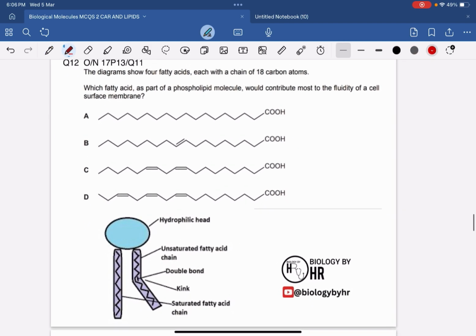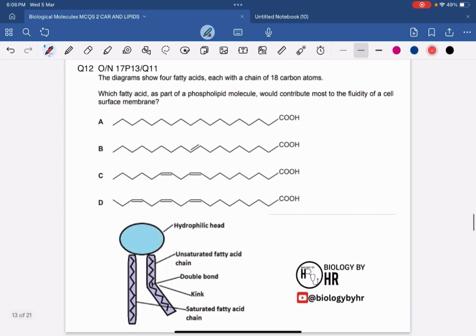Now let's move on to question 12 over here. Question 12 is from October-November 17 paper 1-3 question 11. The question says that the diagrams show 4 fatty acids. These are the 4 fatty acids which they are talking about in the question, each with a chain of 18 carbon atoms. Which fatty acid as a part of the phospholipid molecule would contribute most to the fluidity of the cell surface